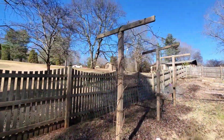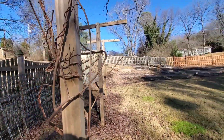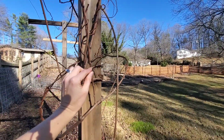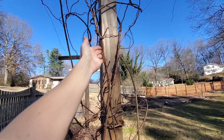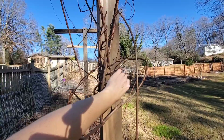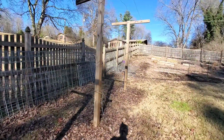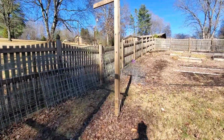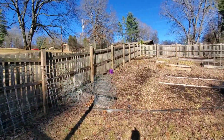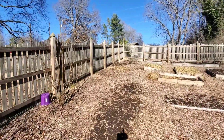A lot of the stuff that I have, I didn't think was going to do well, but it did. This is my hardy kiwis. They're doing great. This has beasted it out. It's amazing. So this one, I didn't think anything was going to happen to it. And then my figs are all alive. I checked them already. They're all doing great. And then I checked my